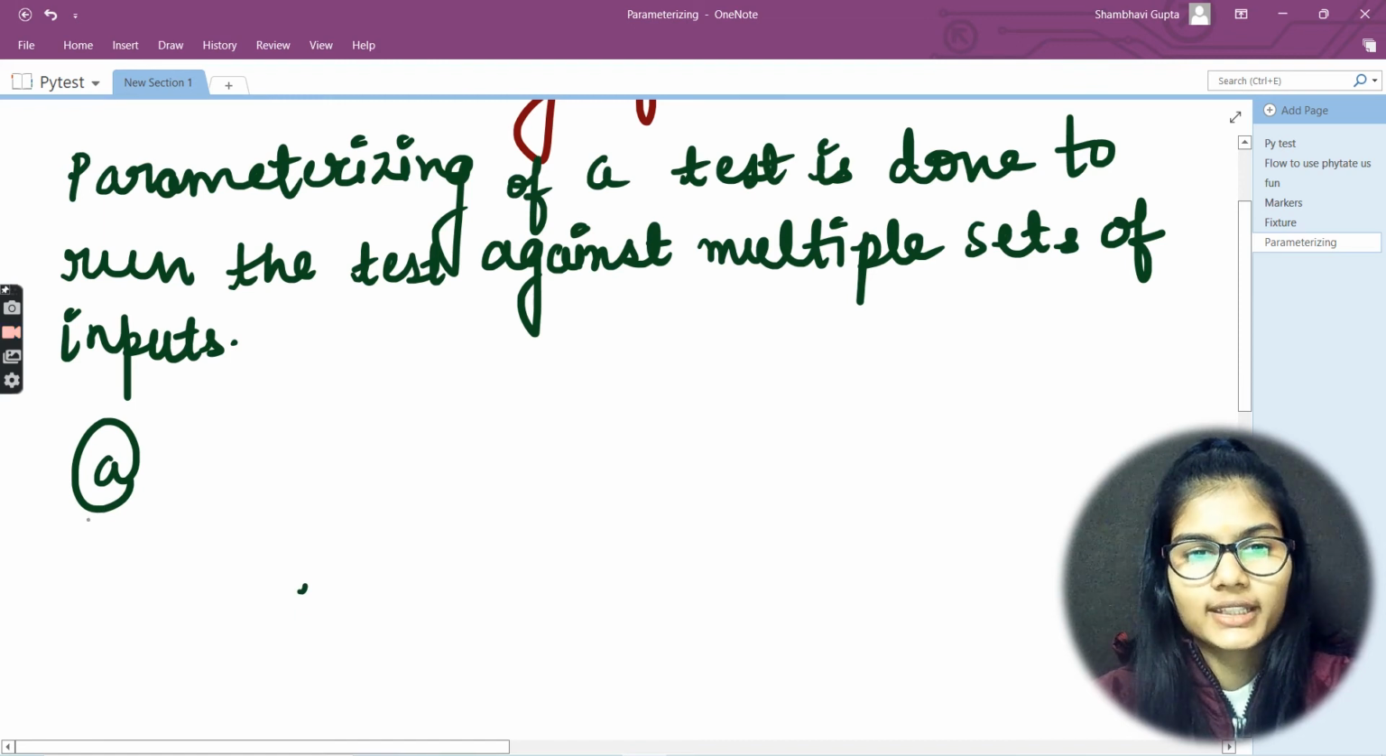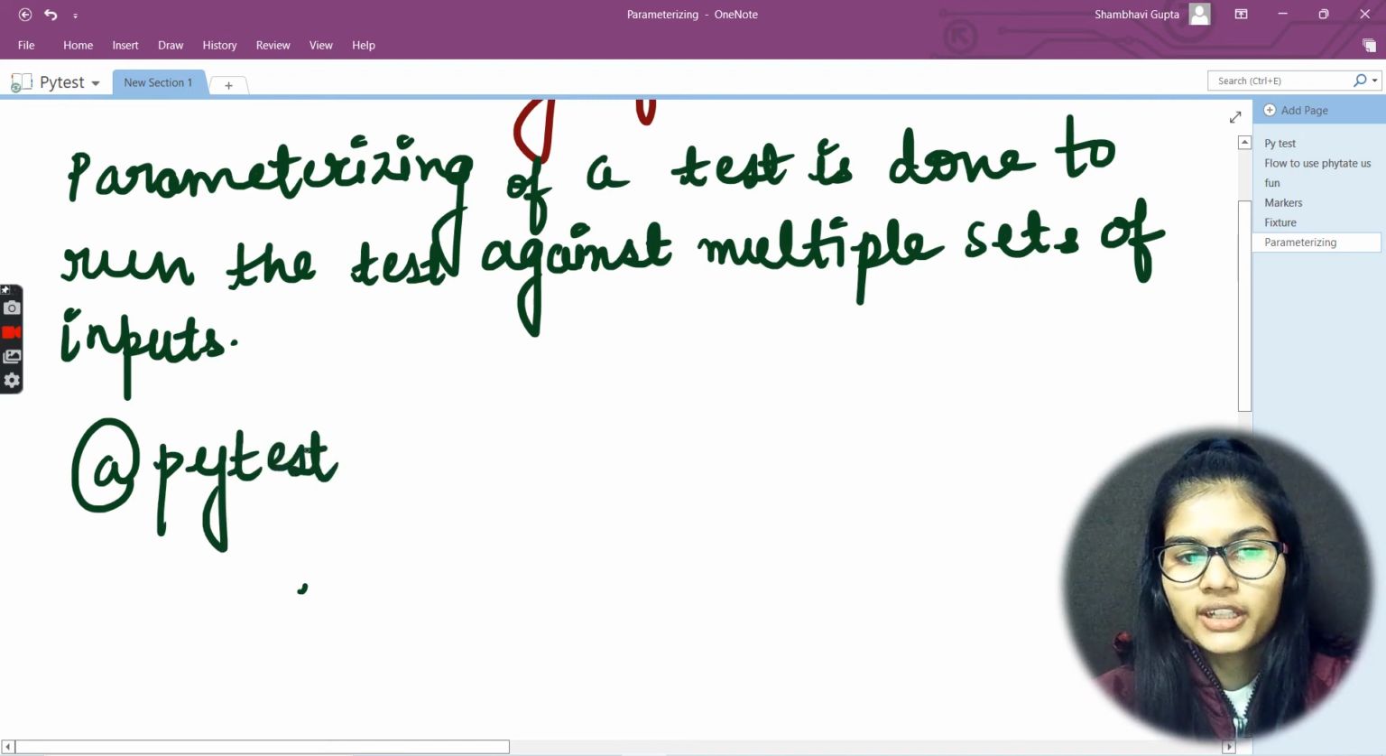Importing of PyTest and all the common things, I'm not going to repeat that again and again. So here goes the at the rate. First of all, you need to declare PyTest, because marker and parametrize both of those come under PyTest. So it's necessary for you to put this PyTest here, PyTest, and here goes the dot. Here I made my marker dot, and here I use my function, that's